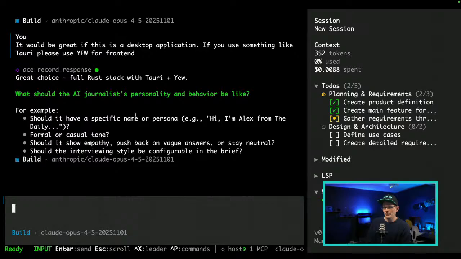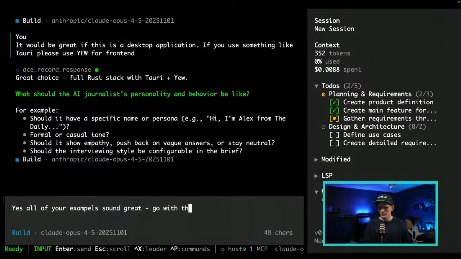What should the AI journalist personality be like? I think, yeah, okay, let's just go with that. Yes, all of your examples sound right.